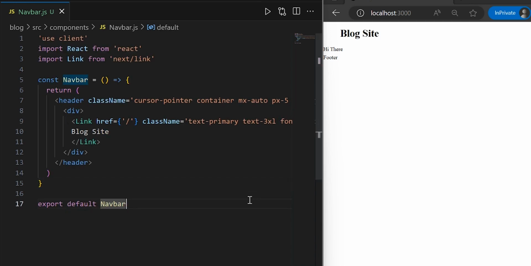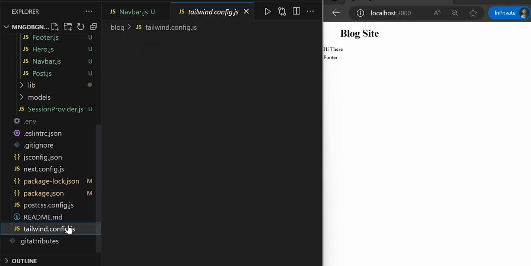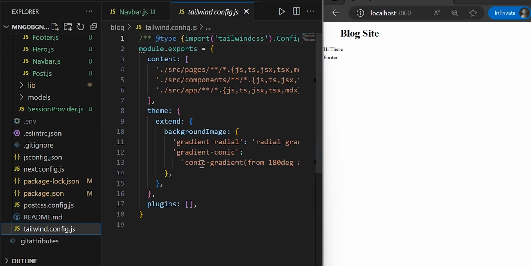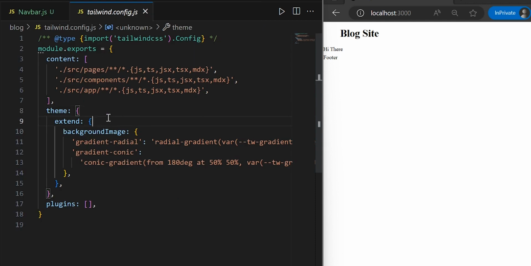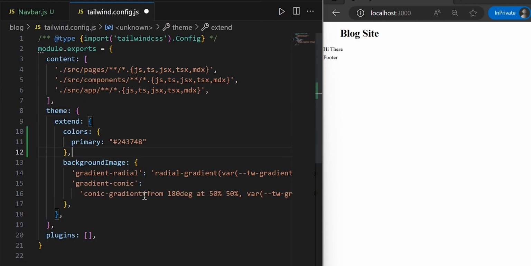So back in our main directory, let's navigate down to the tailwind.config.js file. Within this file right here where it says extend, first we'll press the enter key to tab down, type in colors, colon, and then the open brackets, and then press enter. And if you type in primary, this is going to represent what primary is. And I probably should do this, and we'll do this for the remainder of the application for secondary and for primary button color. But for right now, we'll just set the primary color to the number sign 243748. And if we press save,